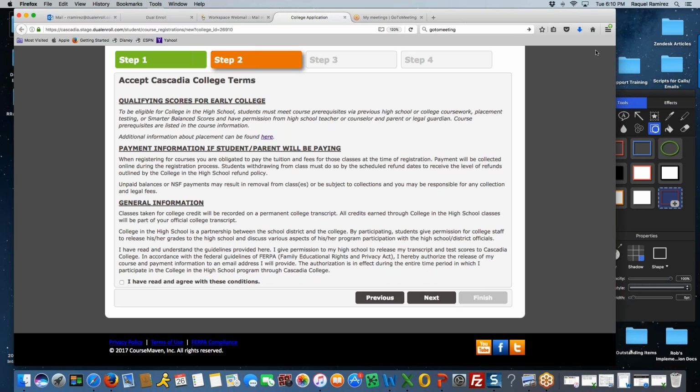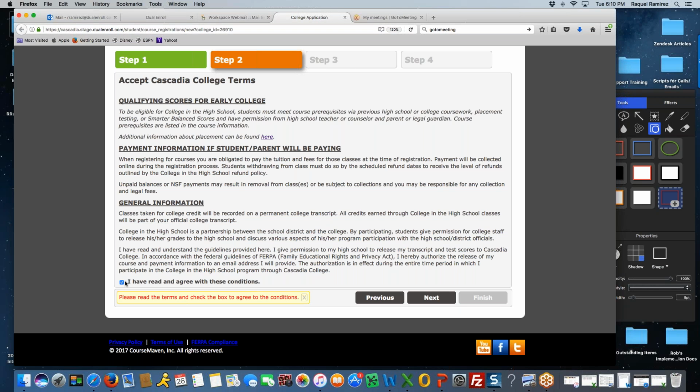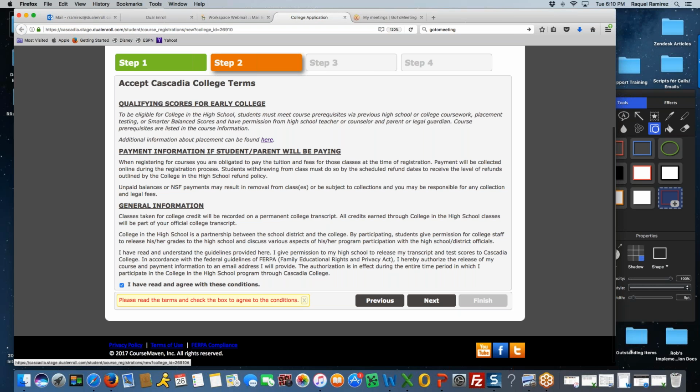If they don't and they try to click next without checking this little box, you'll get a red error message that comes up and it says, whoa, whoa, you cannot move forward unless you agree to the terms in the agreements. And that's the message that will pop up whenever they try to move forward without completing something that's required, a required field, if you will. So we'll pretend that Cass read all of these things through very meticulously and says, yes, I agree to this,